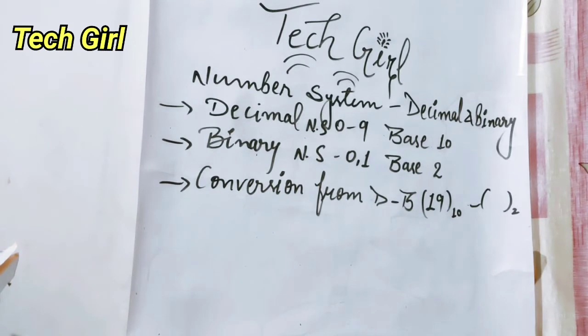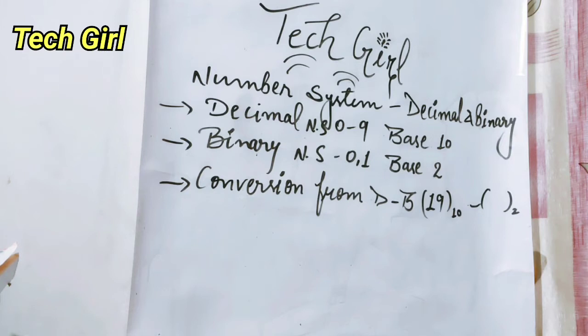The main thing in the number system is its conversion from one number to another number. For example, if you want to convert from a decimal number to the binary number system, what will be the procedure? How will you convert? What will be the method? So to convert, firstly we need to understand that the given number is in which number system.